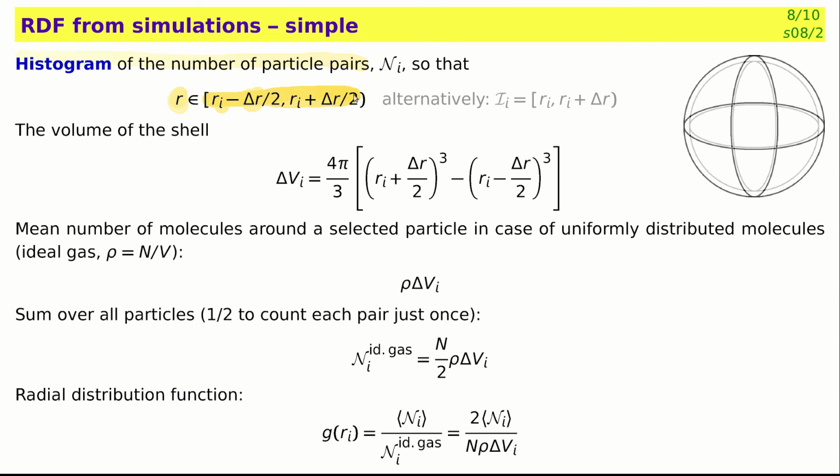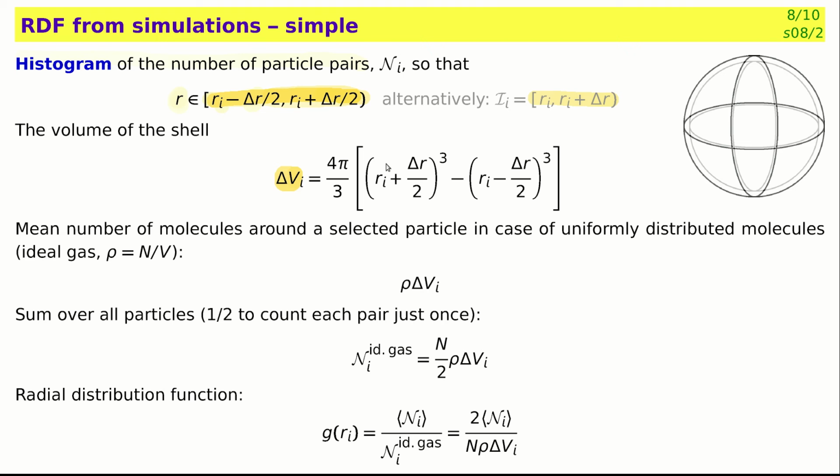This is the interval, or I can use this type of interval. There's no principal difference between these two. So to calculate the radial distribution function, I need to know what's the volume of this shell. And this volume of this shell, that is of distances in this interval,